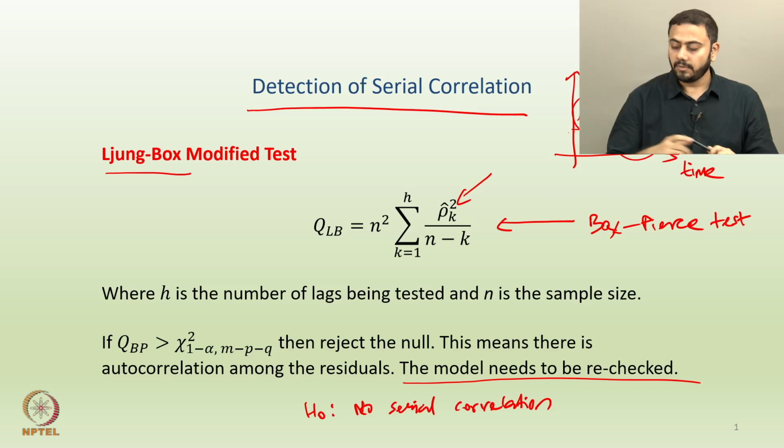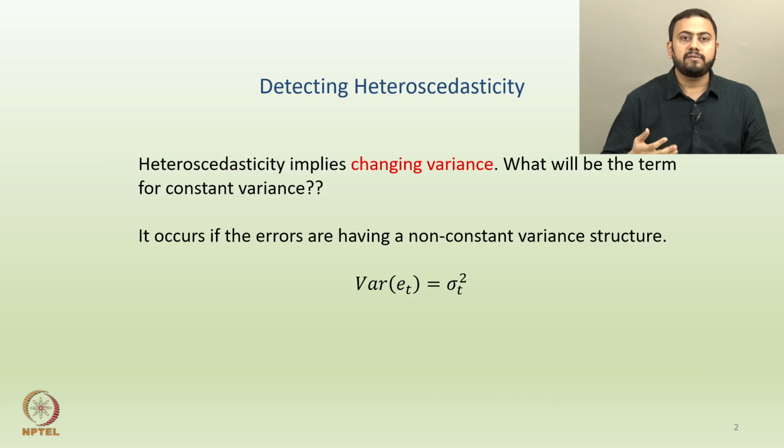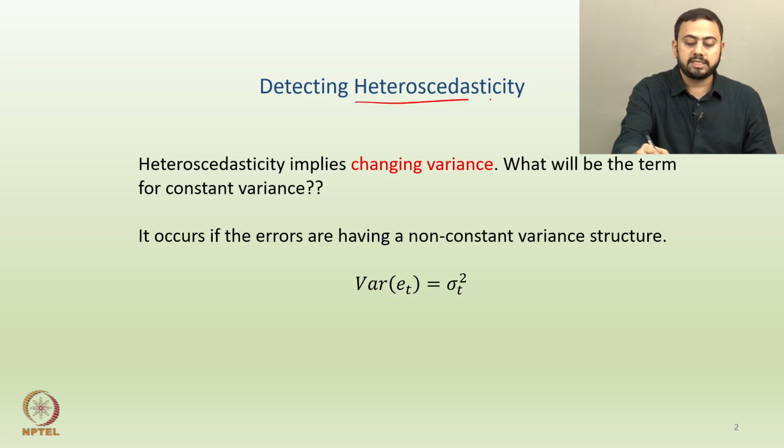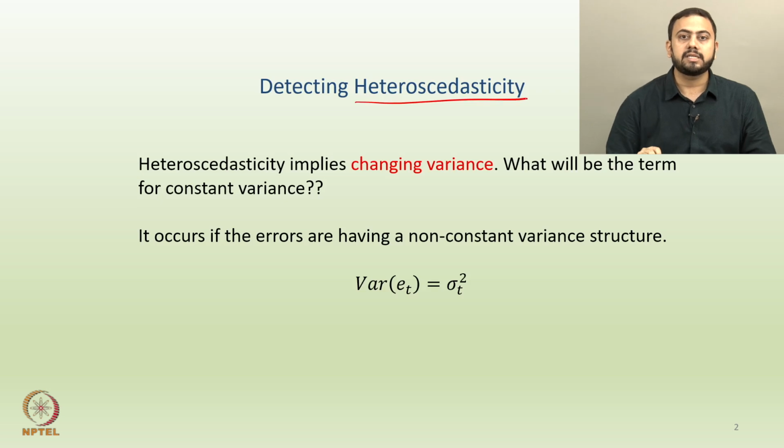Okay, so I think the last thing that we will cover is how do you detect changing variance. So changing variance is again a problem, as discussed in some of the earlier lectures. And by the way, the very technical time series term for changing variance is heteroscedastic in nature, or heteroscedasticity. Now again, if you have a constant variance, then the term is homoscedastic. Okay. So for example, it's asking here, right.